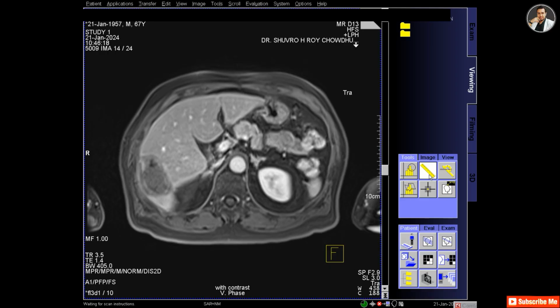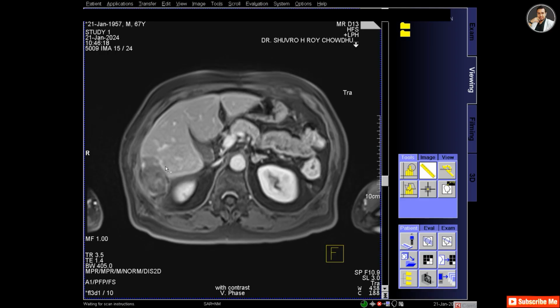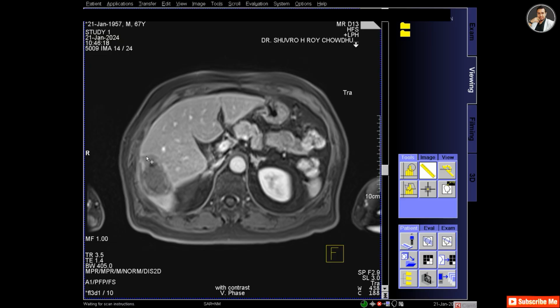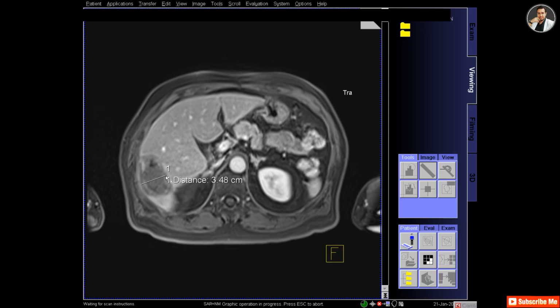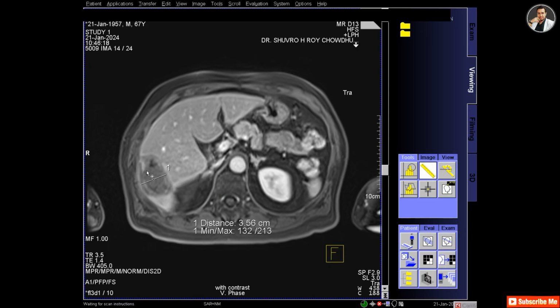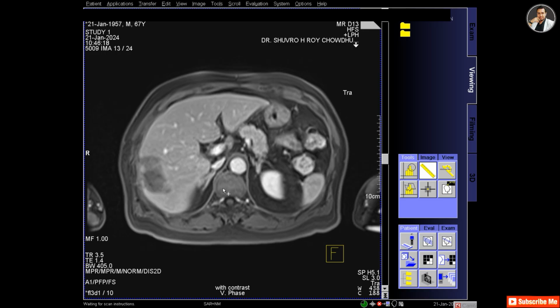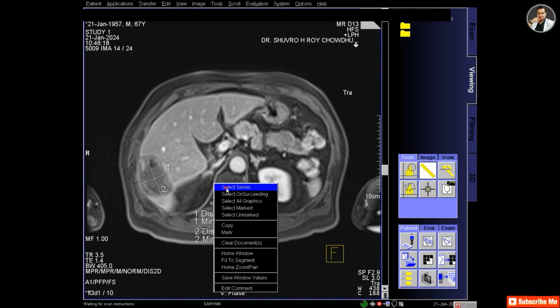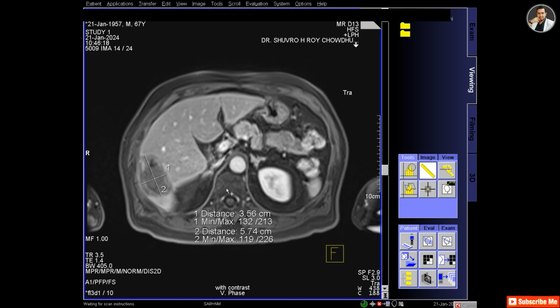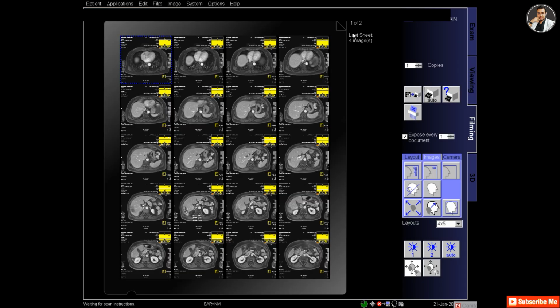You can see that the V phase is written at the bottom, and now I am measuring the lesion by the scale, and this is a 3 centimeter width and 5.74 centimeter length. So I have changed my mind.